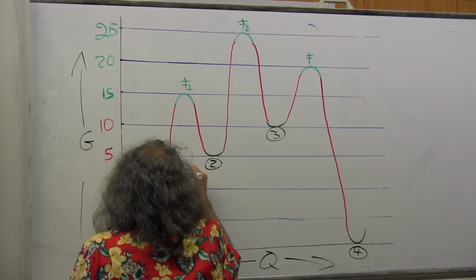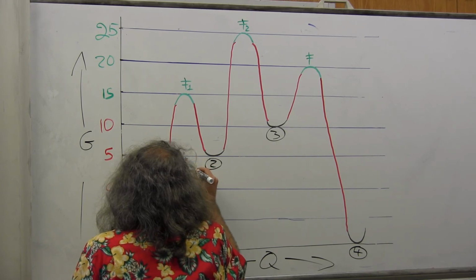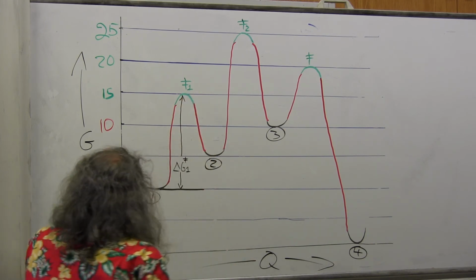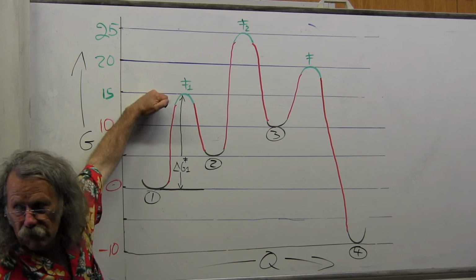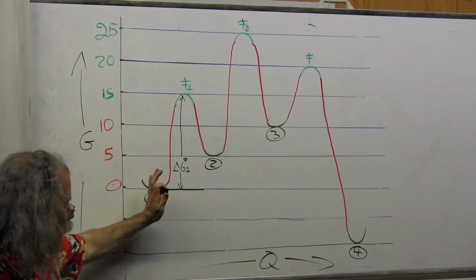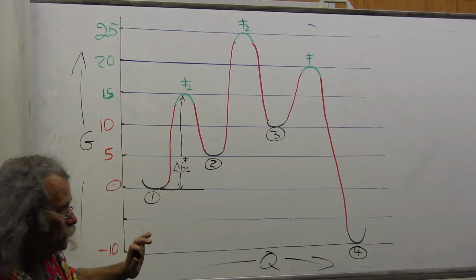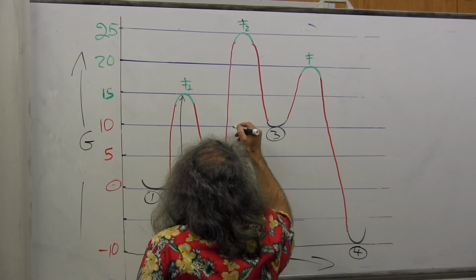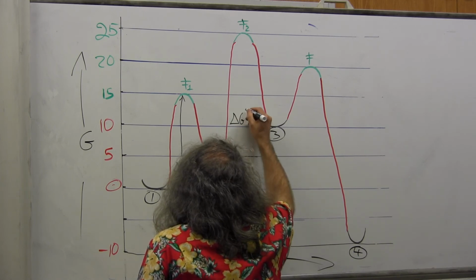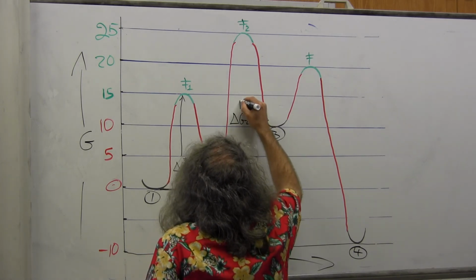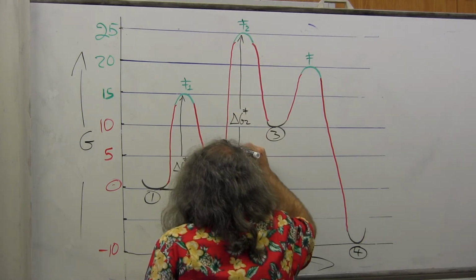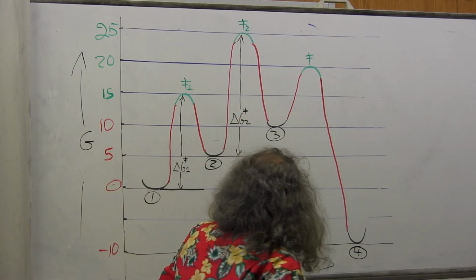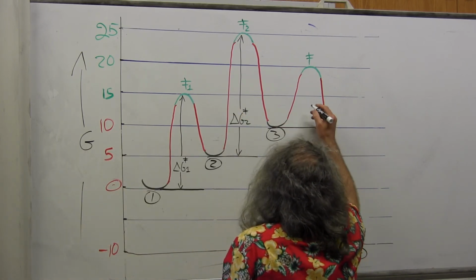Delta G double dagger 1 is the difference between this well and the first transition state. So it's always from the well to the left to the transition state. And delta G double dagger 2 is the difference between this well and the next col, the next transition state. And number 3